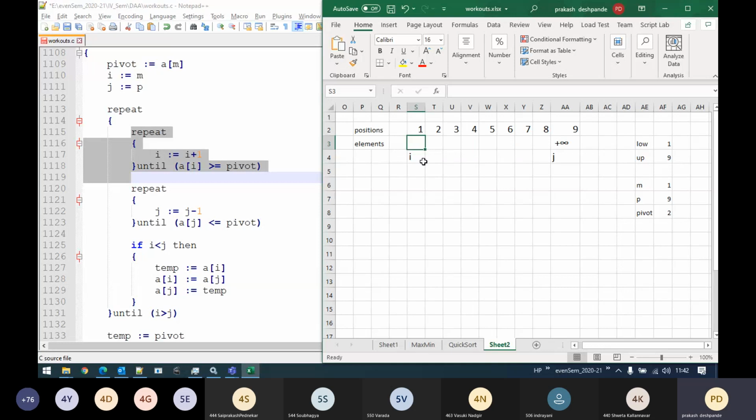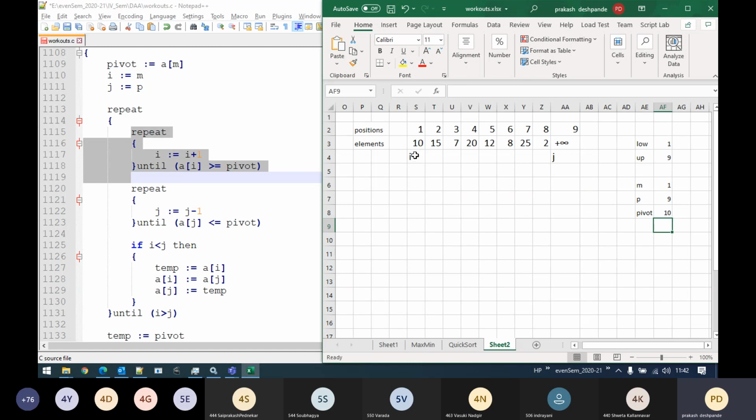One second. Let me write it in unsorted. Let's say 10, 15, 7, 20, 12, 8, 25, and 2. Fine. Now these elements are unsorted. Okay, now I is here, J is here, and we have the pivot element. That pivot element is nothing but 10 here. Pivot element is 10. Now, what we need to do?